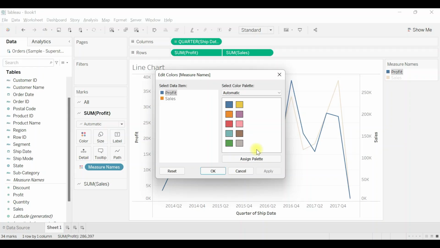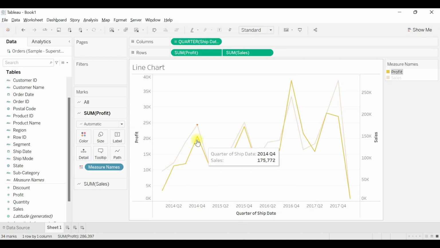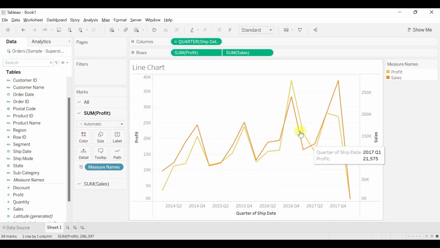So from here you can select any color you want. For example, I need profit to be in yellow. I'll click on this and click on apply and click on OK. So you see it has come in a yellow color, and sales is in orange color. So this is how you change the colors of the lines.